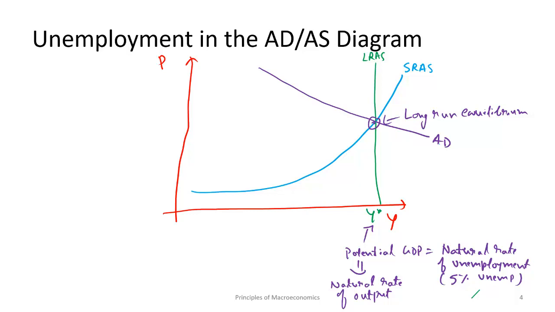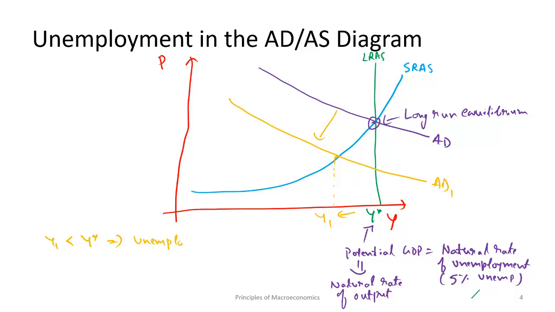Now let's see what happens if there's a left shift of the aggregate demand, say due to a decrease in investment. Suddenly investors thought that the economy is not looking good, so they reduce investment. If investment reduces, your aggregate demand curve shifts left to here. So what's our new equilibrium? This is our new short run equilibrium, where our new GDP is Y1. Now since Y1 is less than Y star, which implies that